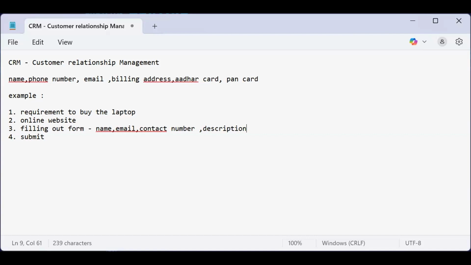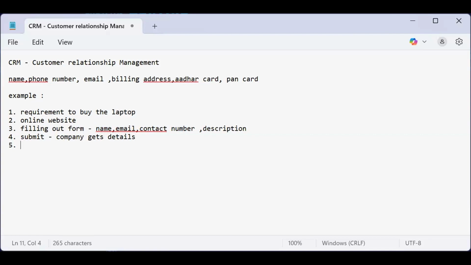As soon as you click submit, the same details are sent to the company from the website. Once you hit the submit button, company people get the details of your request. So what do the company people do here? Somebody from the company side, whom we call sales representatives,